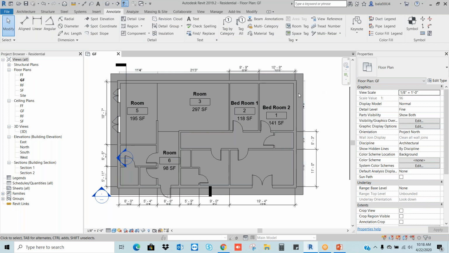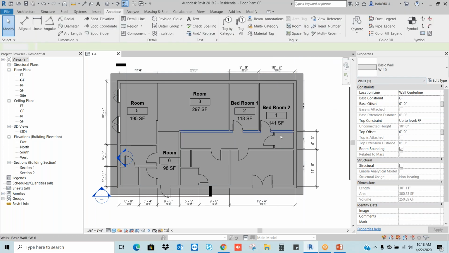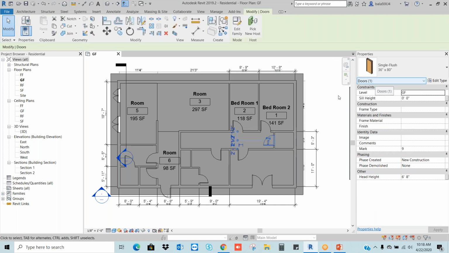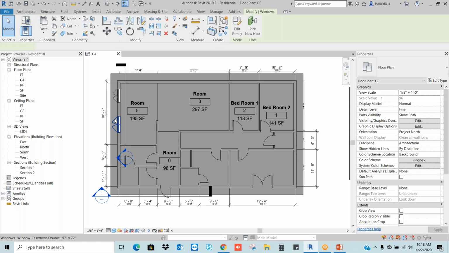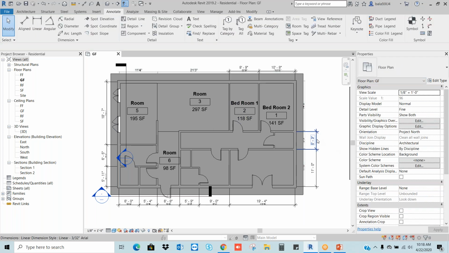Let's say now I am going to select the wall. I can see the walls. Okay. When I select the door, I can see the doors. When I select this window, I can see the window. For example, I am selecting the dimension. I can see the dimension. Each layer is a category. This is a terminology in Revit. Here we should remember that we cannot create new categories. What is available in this template we can use directly. If you draw the wall, it will go and sit in the specific layer, in the walls category.